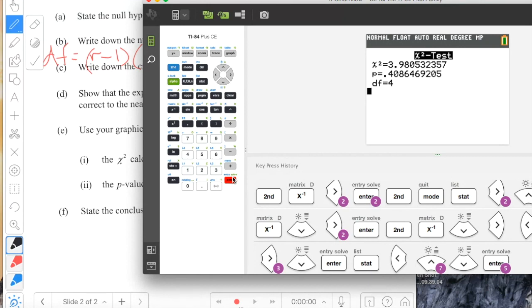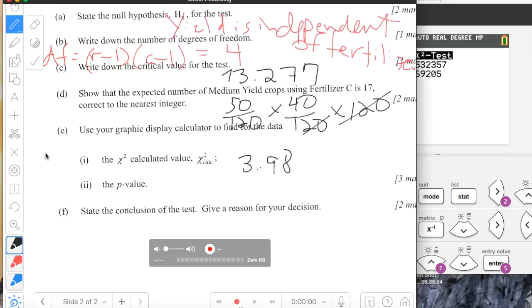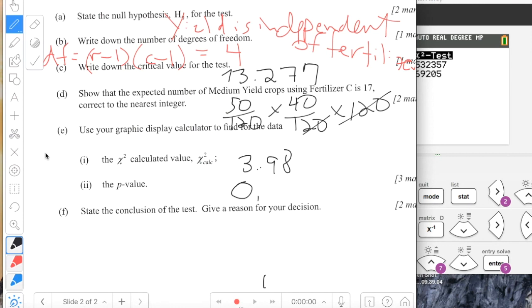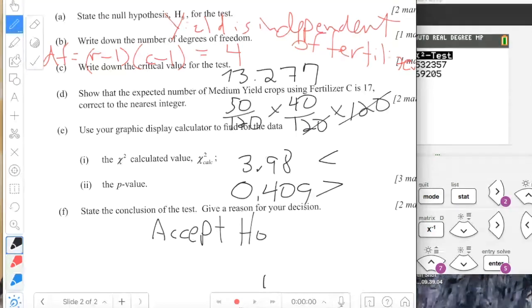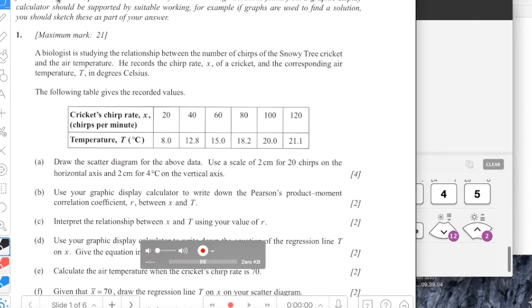The p-value is 0.409, which is about 40%. So we have a high p-value and a low calculated chi-squared value. Basically, that means that we're going to accept our H0, our null hypothesis. What we're looking at is on the horizontal or x-axis